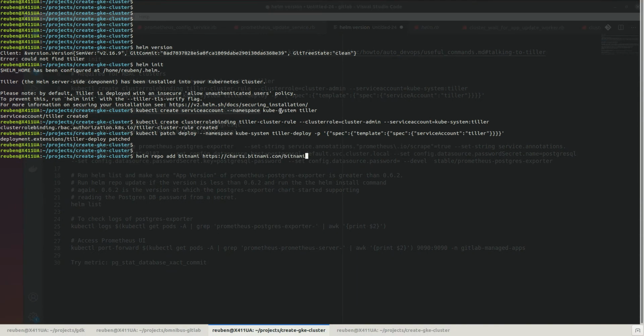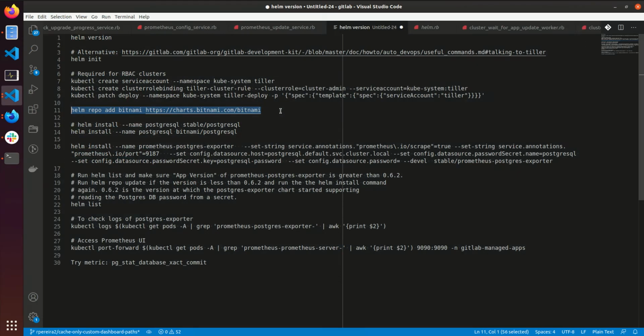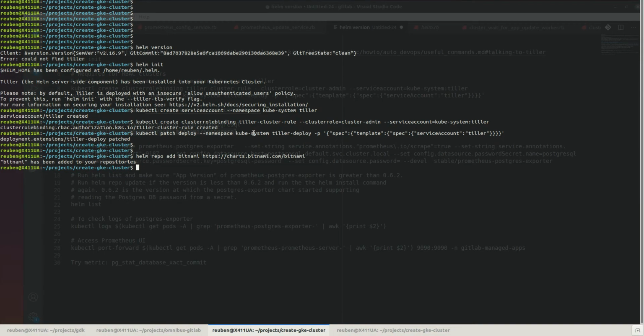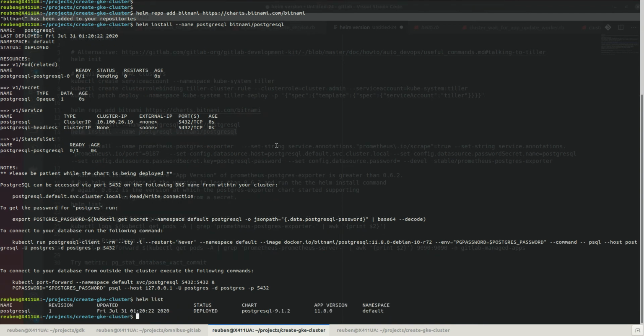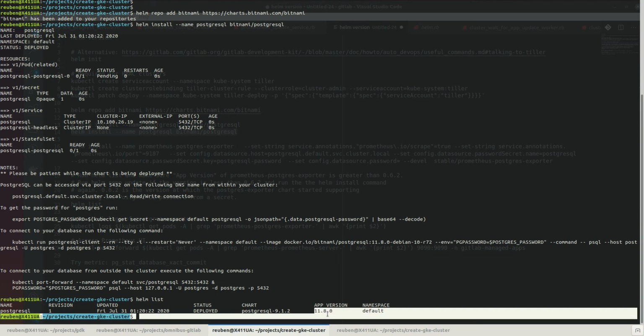This is the repository which holds the Postgres Helm chart. So let's add it. And now let's install Postgres. Okay, so it's version 11.8.